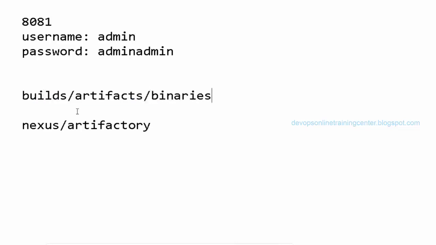So we have tools like Nexus and Artifactory. We can use them to store the binaries. There is an advantage actually. We can also store on GitHub. We can also store on an NFS server, where we dump everything. But if we use Nexus or Artifactory, there are a lot of advantages. We'll see why we need to use Nexus.